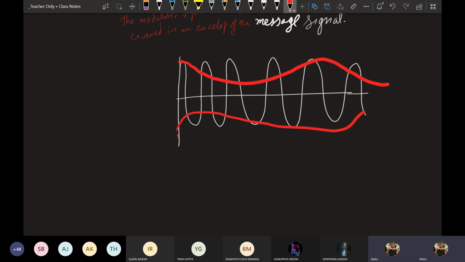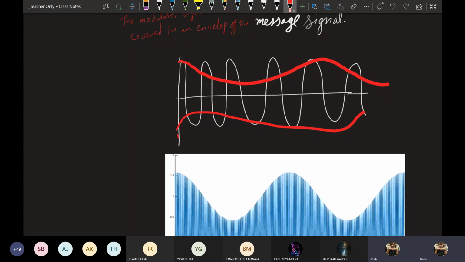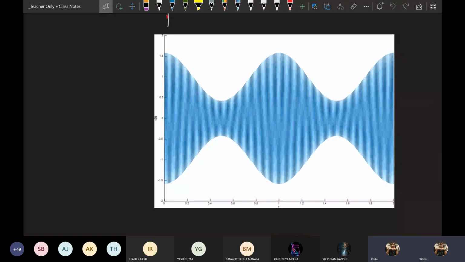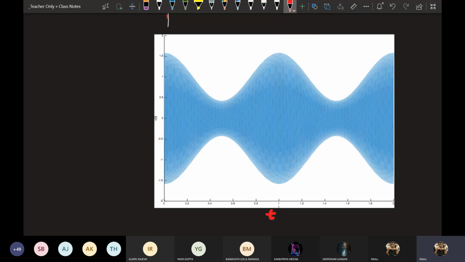And so this is what it is supposed to look like. The picture is here, yes. So this is the time axis. This is the time axis. This is S(t), and this one is the carrier, and we are considering